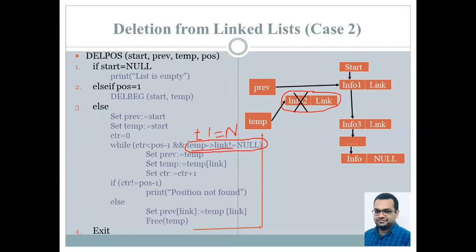We can see over here, as far as the other executions going on inside the program, that is not an issue. Only problem is that if our temp is on the last node, in that case temp link not equals to null will be false, and if by chance the position of execution,